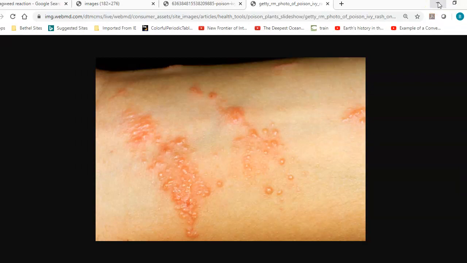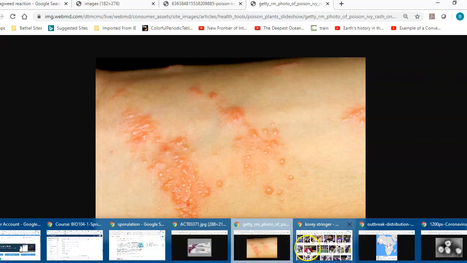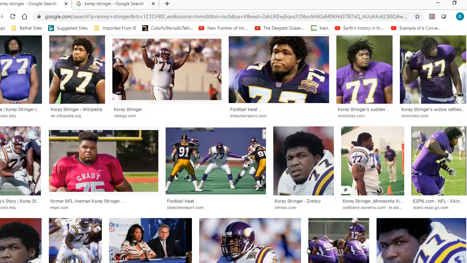I wanted to finish up talking about anaphylactic shock. And this relates back to what I was talking about with kidneys. If you look at your notes, the bottom line, I'm going to put up a picture of somebody this pertains to directly. This is Corey Stringer. He was a lineman for the Minnesota Vikings, and a few years back he died of anaphylactic shock. So what is anaphylactic shock? Well,